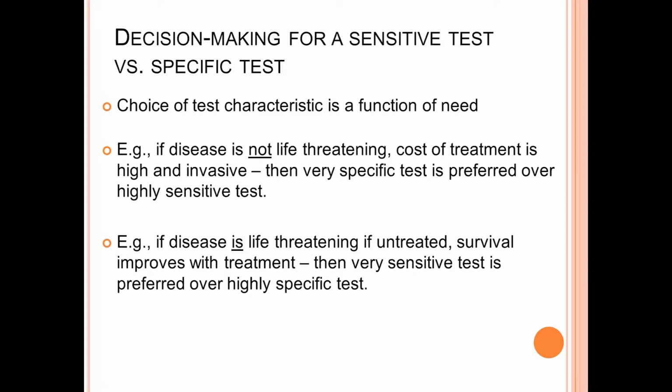How do people make decisions? So the big question is, or at least this is what I think about, but I've heard other people ask this question: do we always want a highly sensitive test? Is there some advantage to always having the most sensitive test? There's a decision about sensitivity or specificity. Which characteristic is most favorable in a particular test? And the choice of test characteristics is based on a function of need, and it's based on the cost of